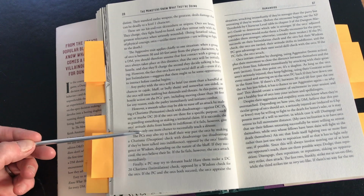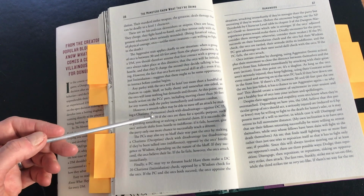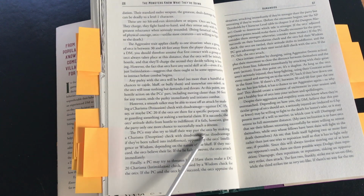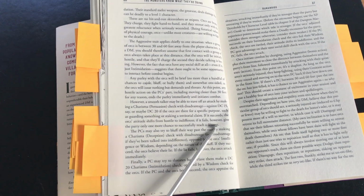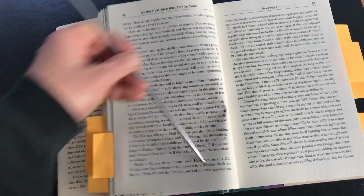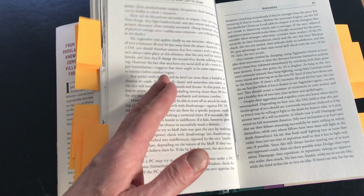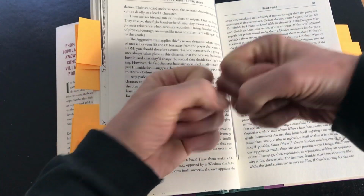And it gives you some external idea that there may be something else to do that makes thematic and narrative sense vis-a-vis the orc encounter. If you succeed, the orc's attitude shifts from hostile to indifferent. If it fails, however, give the party only one more chance to successfully reach a détente. So the further information here about orcs can turn your encounter that involves orcs from just something that's automatic,